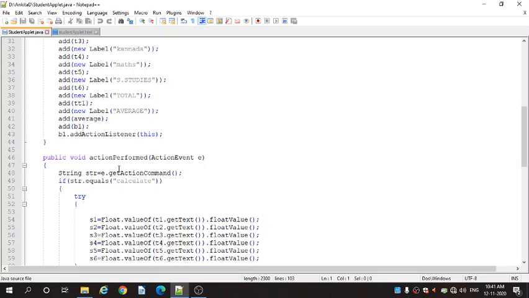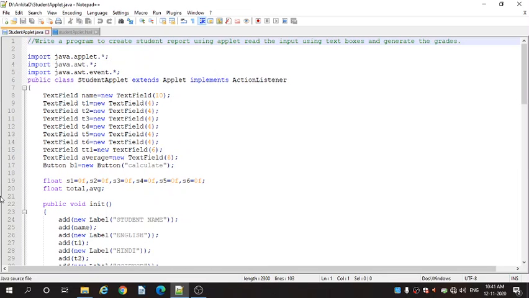After that comes public void actionPerformed. It is taking the parameter ActionEvent e, because this class implements the ActionListener interface, and the rule of interface is that whichever interface we have inherited from the package, the class needs to provide the body for every method which is present in the ActionListener interface.